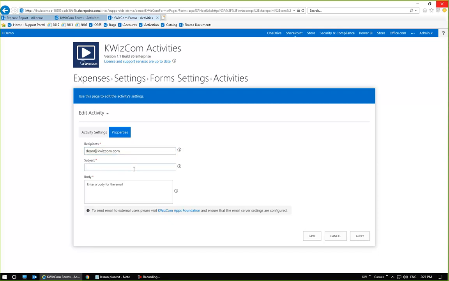Subject is going to be pay, you know what? Let's use a token here. So we're going to say variable 2. Okay, make sure you add a percent sign in front and behind the variable name. And for the body, we can actually have a bunch of tokens in here as well. So we can say you need to pay back variable 3